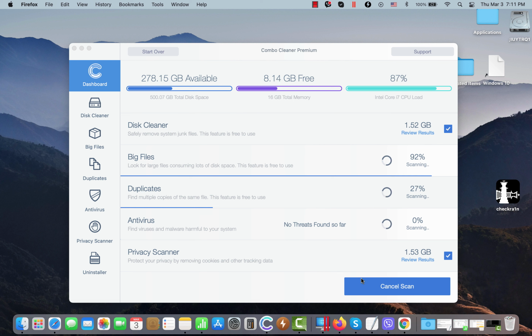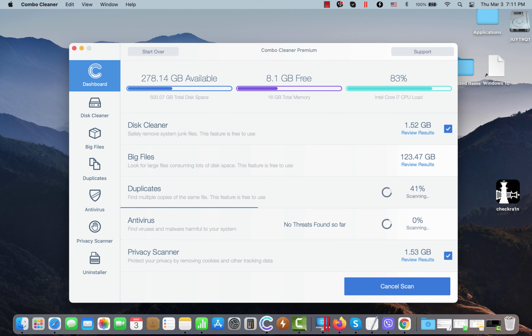Combo Cleaner works very well to detect and delete the majority of threats, including adware, browser hijackers, fake system optimization tools, and other types of infections. At the end of the scanning, you will see the summary of all the threats that were revealed during the scan. You will be able to know the exact locations of these threats, and based on this information you will